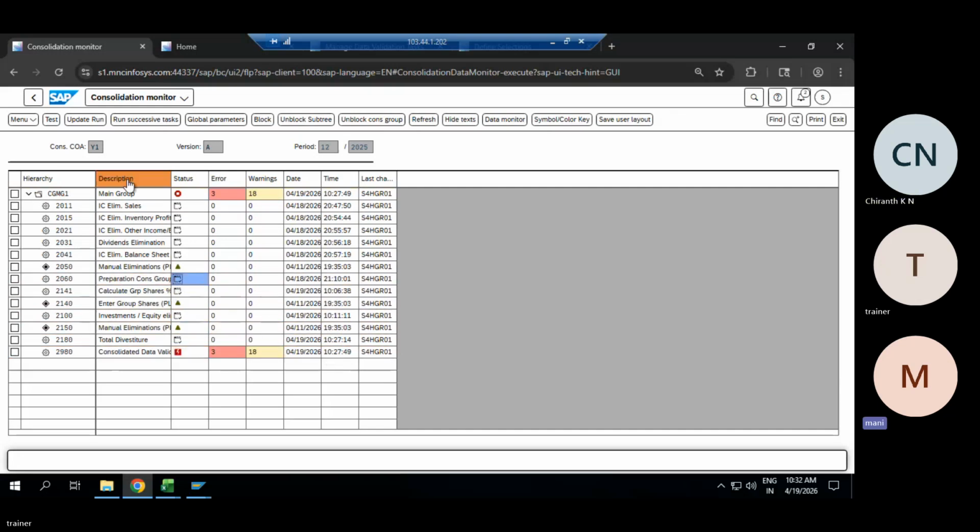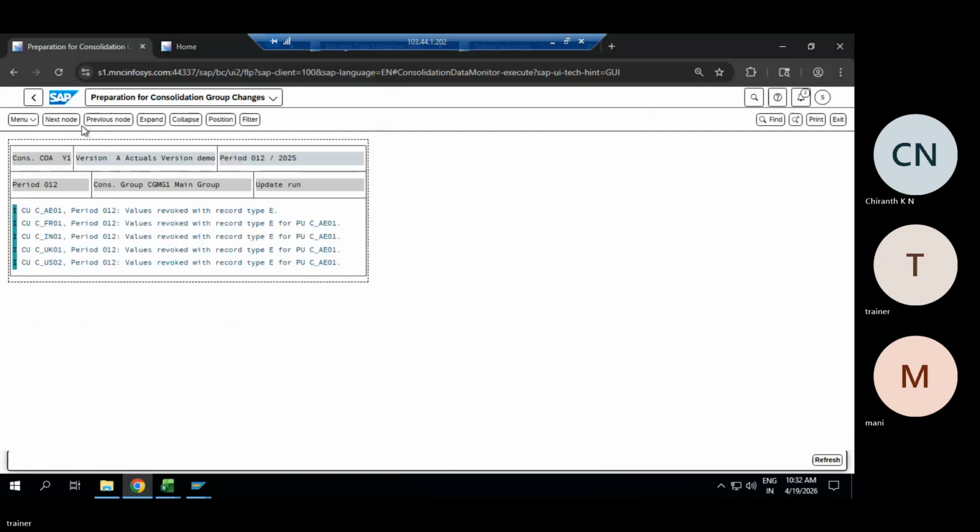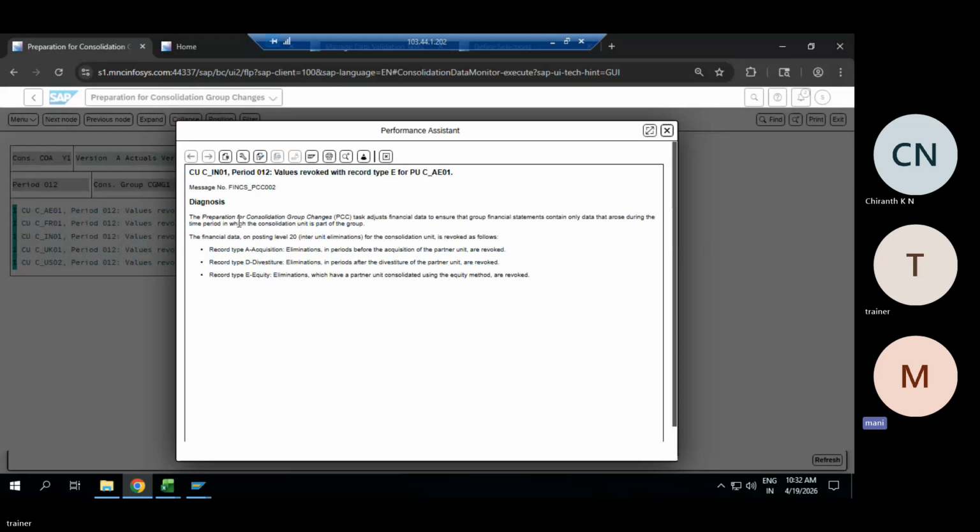Preparation of consolidation group: let me just execute this step. If there is any change in the hierarchy, the preparation of consolidation groups applies. The task is to adjust financial data to ensure that the group financial statement contains only data that arose during the time period in which the consolidation unit is part of the group.